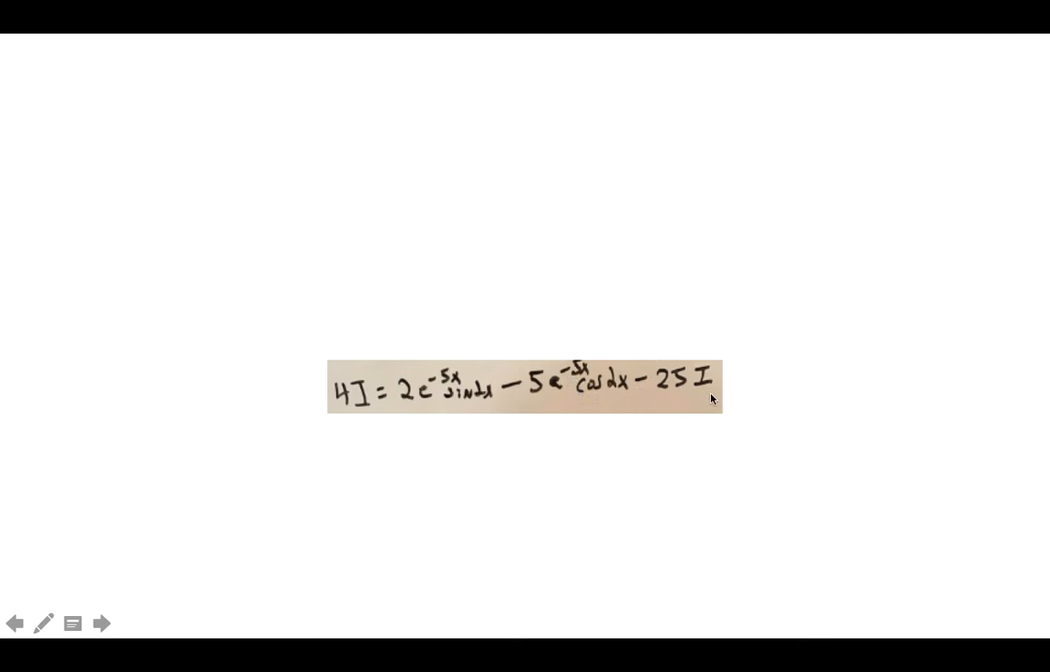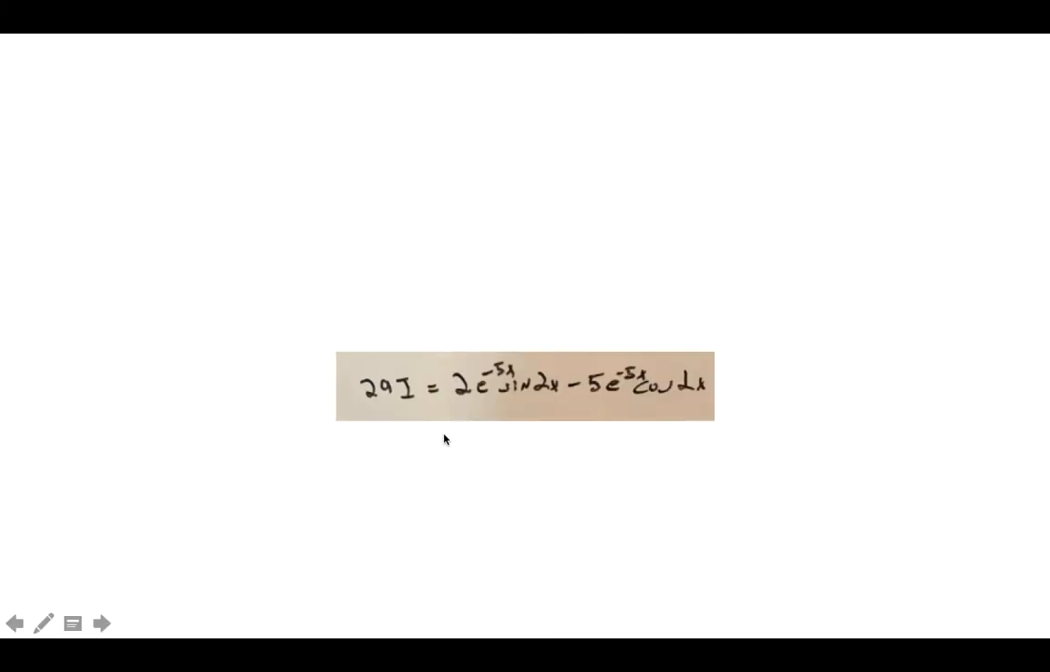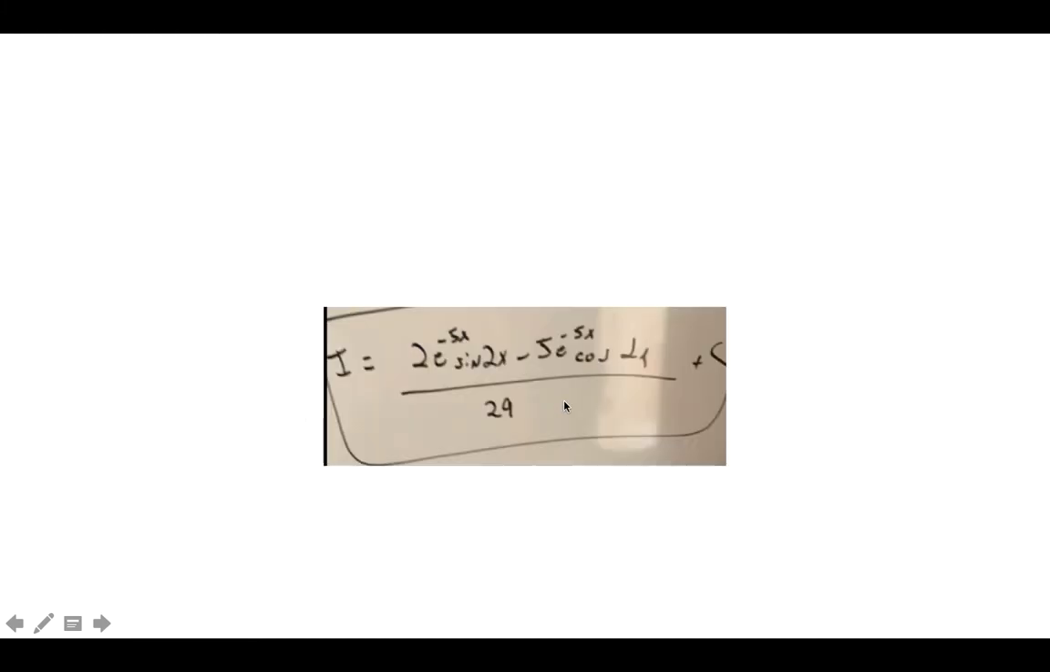So what do we do now? We're trying to isolate I. We're going to add 25I on both sides, and we get 29I equal to this information. In order to solve the problem, we have to solve for I. We divide by 29 on both sides, and we get the final answer: the integral of cosine 2x times e to the minus 5x is 2 times e to the minus 5x sine 2x minus 5 e to the minus 5x cosine 2x, divided by 29, plus